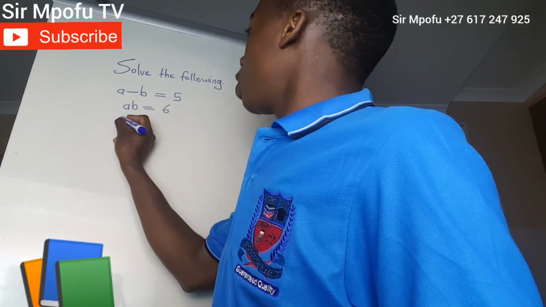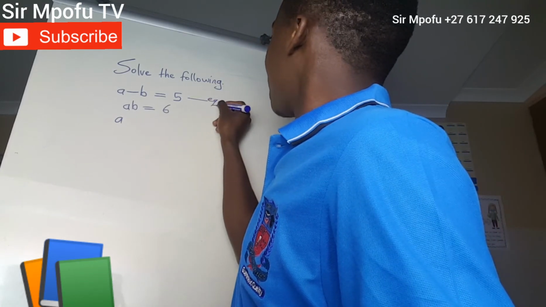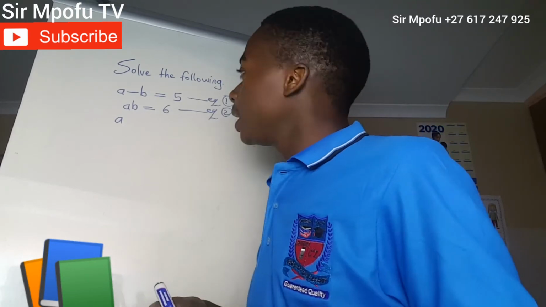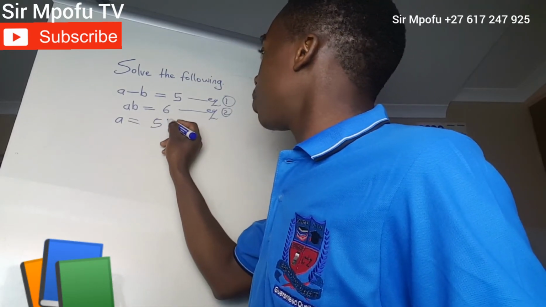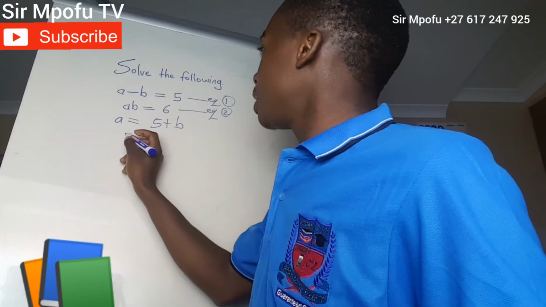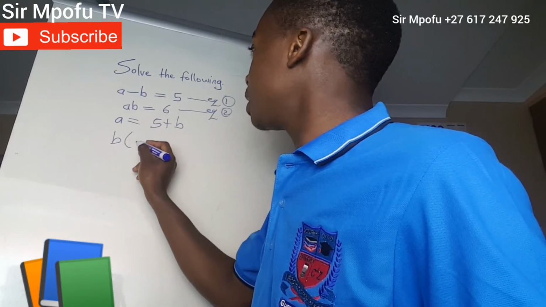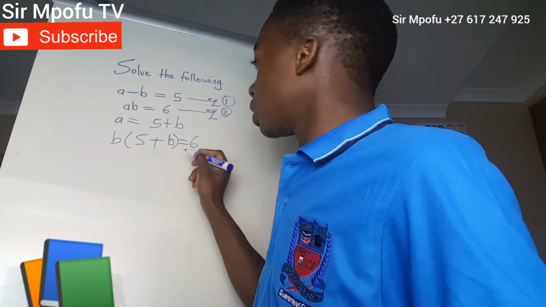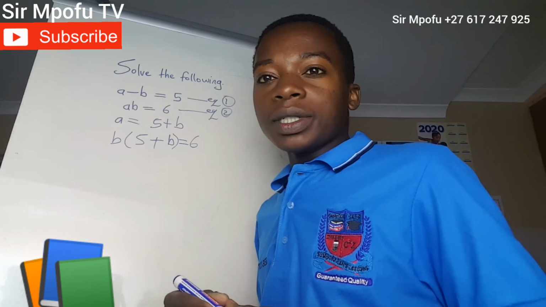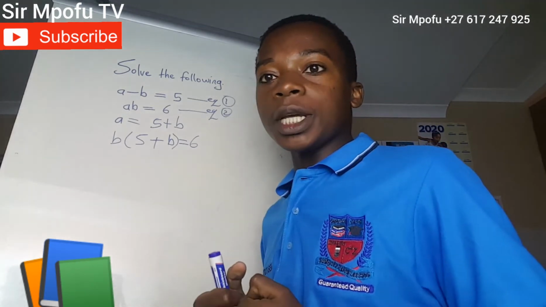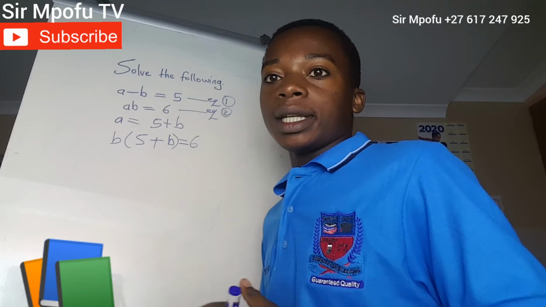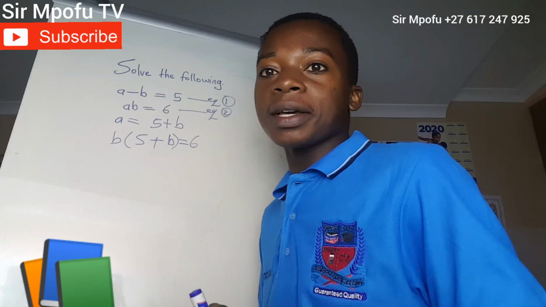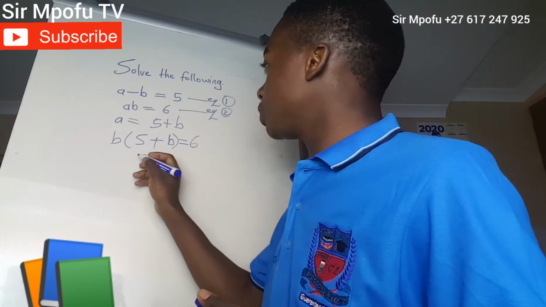Okay, so here I can name this equation 1 and this equation 2. Then I'm going to make the substitute formula on equation 1, then I will substitute on equation 2. What you have to take note of is when you are substituting, if you make the substitute formula on one equation, you substitute on the other equation. Now it's going to be